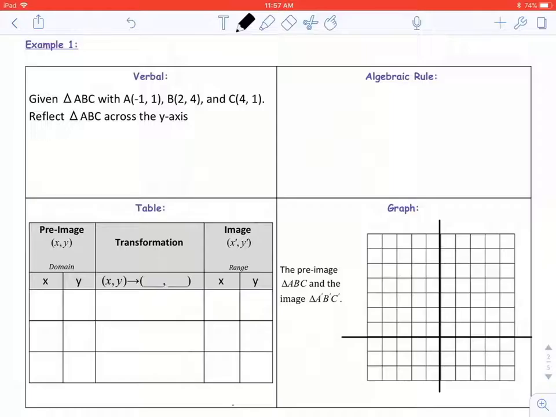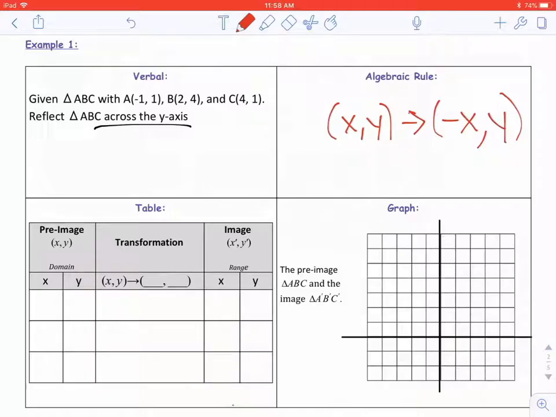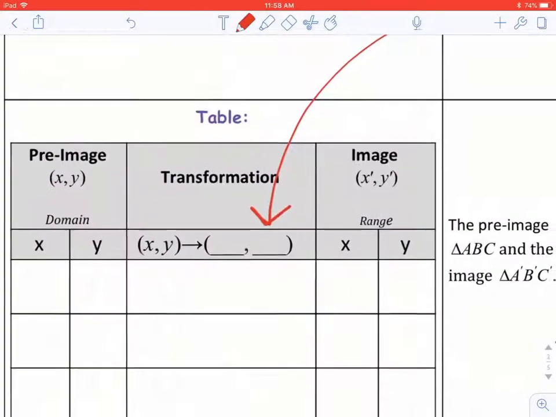So in this case, when it reflects across the y-axis, our algebraic rule would be for all of our points (x, y), we are going to make them become (-x, y). So I'm going to carry that over to my table so I can fill in some points and then put them on my graph. So (-x, y)